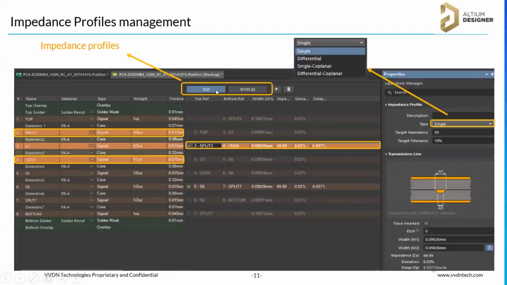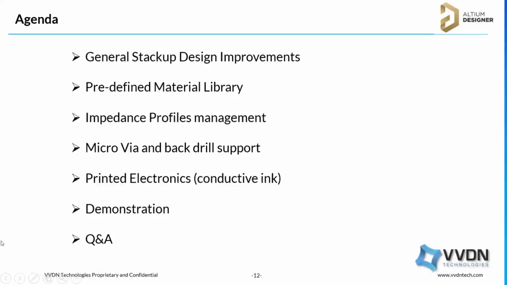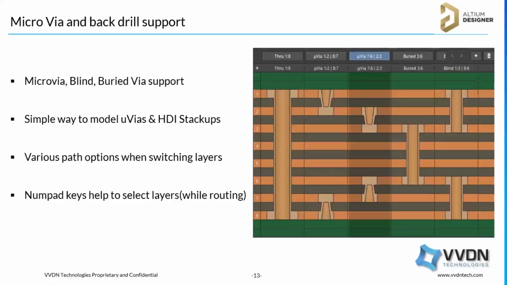And this is impedance profile like 50/100. And here you can see single, differential, coplanar for RF and differential RF, different types are there. Just an example. And yeah, we have micro via support as well. You can define different via structures in the layer stack itself, and those via types can be assigned in your design rules. Like for these signals, this via should be used. This is the value of the via, like that.